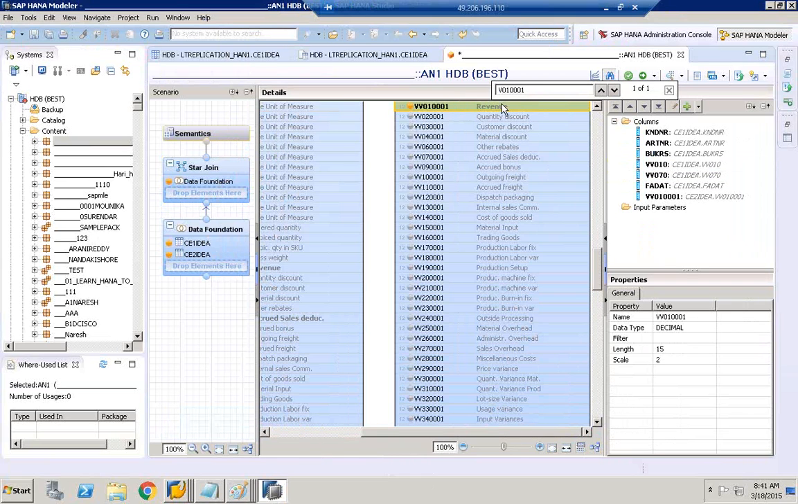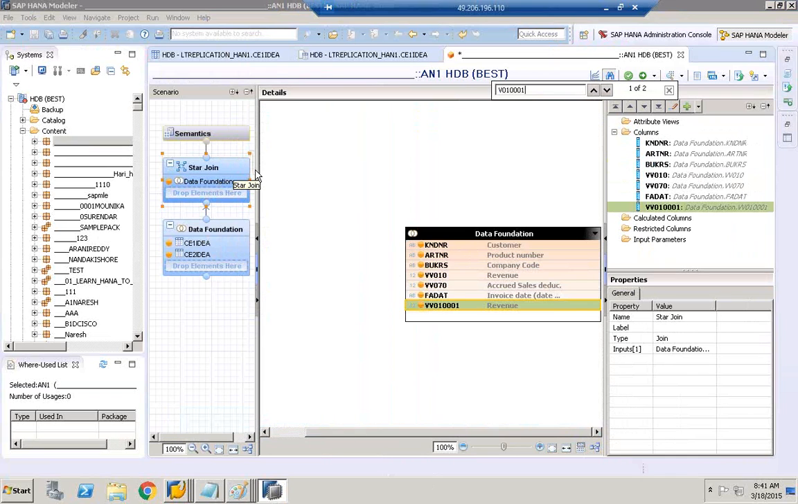This is also gross revenue, but please see, this gross revenue is from CE2 and this gross revenue is from CE1. I click on the data foundation. Here I cannot have measures from VV010 and VV01000. If I activate this view, it will throw me an error saying that